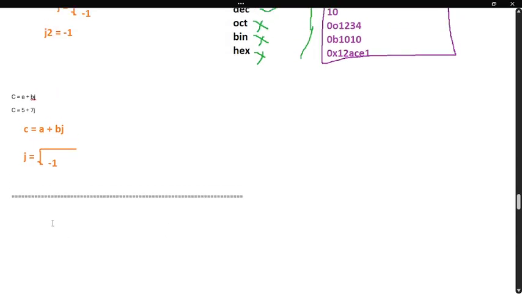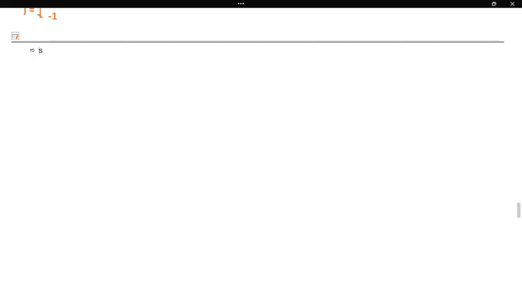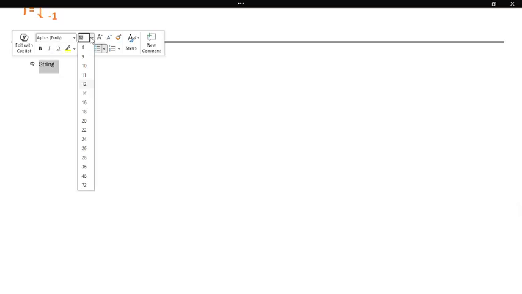Okay, so what we are going to cover today is nothing but the data type string. Please note this down very carefully.